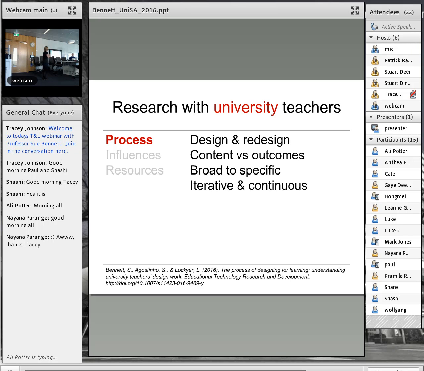What happens with design is it's iterative and continuous. You're iteratively designing, so you might start with your broad approach, then dip into the middle and come back to the beginning, and you just work around and around that cycle. And it's continuous in that it doesn't stop at the beginning of semester. You're doing more design work during the semester within the framework that you've set up. Those things are important, and I'll get back to draw this all together in a minute. But those are the characteristics of the processes that university teachers use when they're designing.